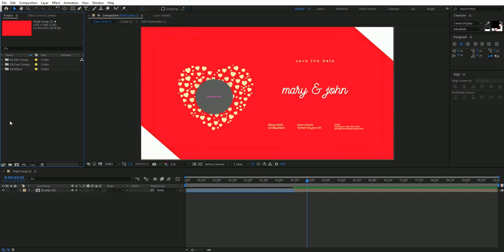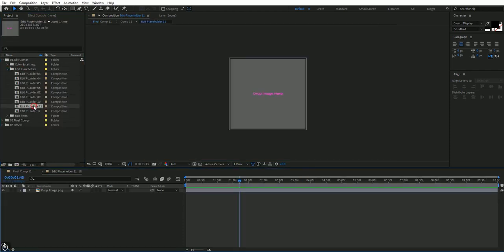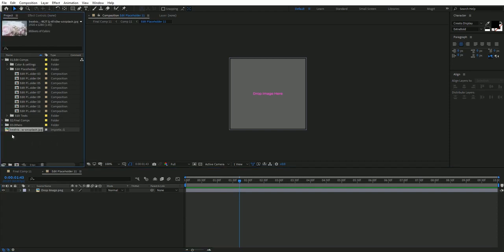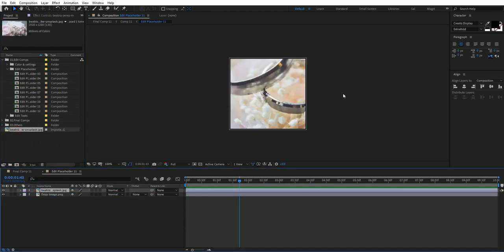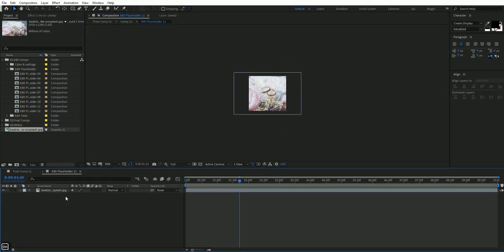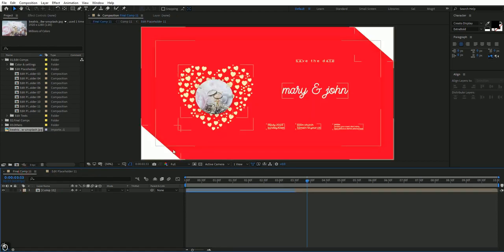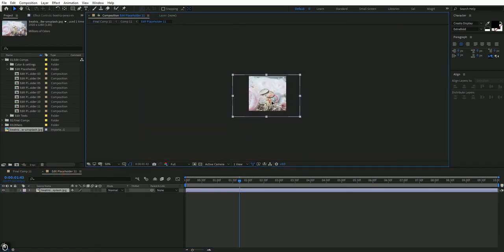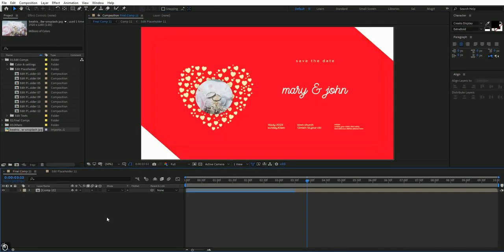Then go here to Edit Comps, Edit Placeholder, number 11. Open it, drag and drop your image inside the project. For example, I choose this beautiful ring and delete the other layer. Okay,